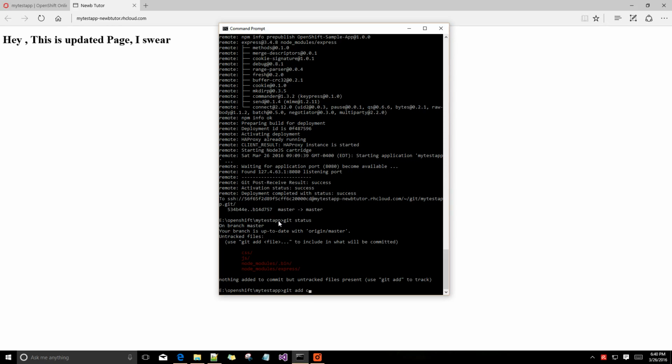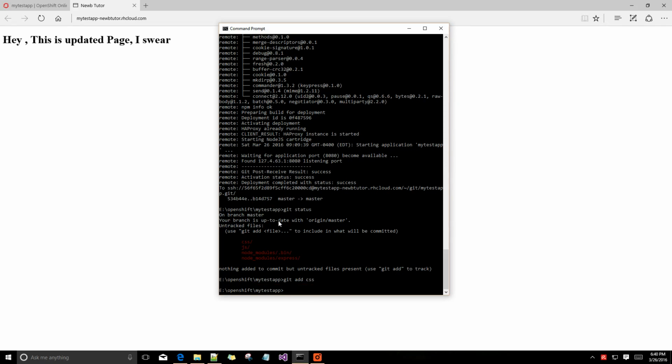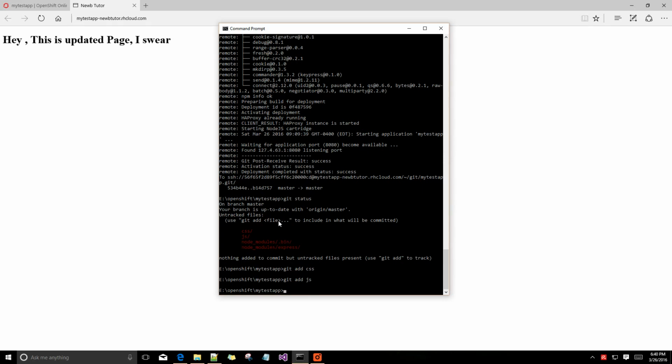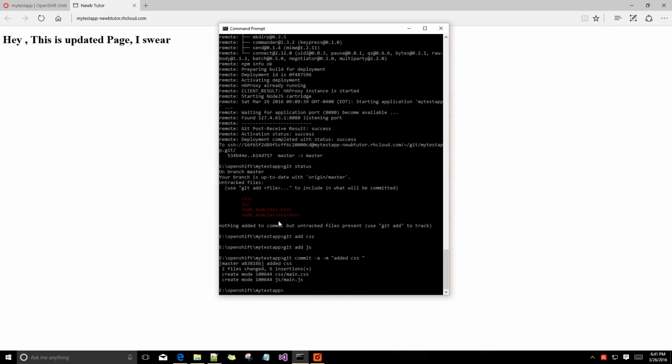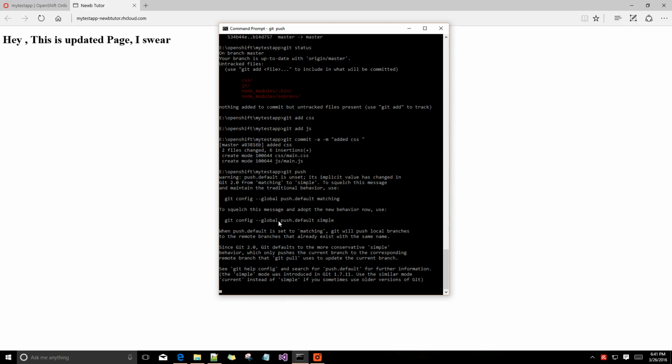You need to add the folders, whatever you want to add. git add js. Now you need to git commit again, -a -m added CSS. Whatever, I don't really care. Good. Git push. Every folder you create, you need to add it. I forgot to do it.